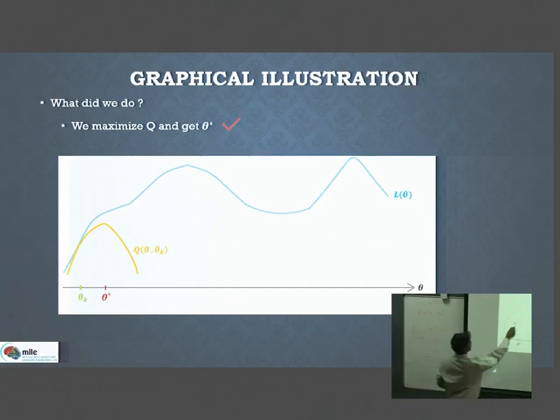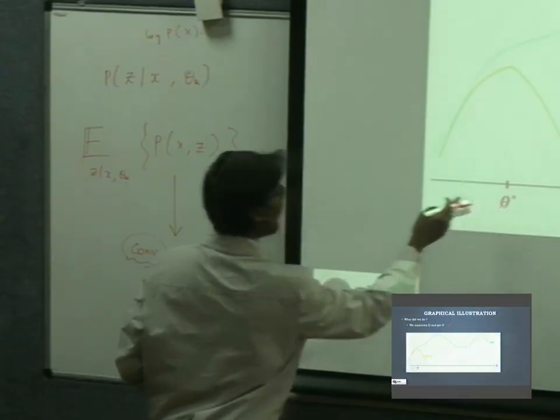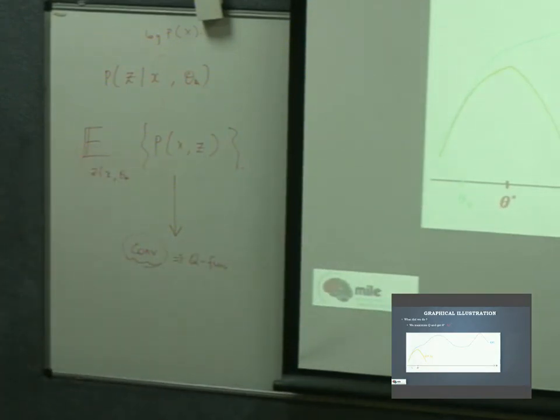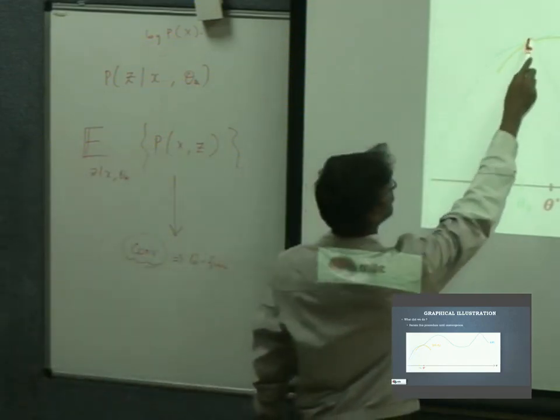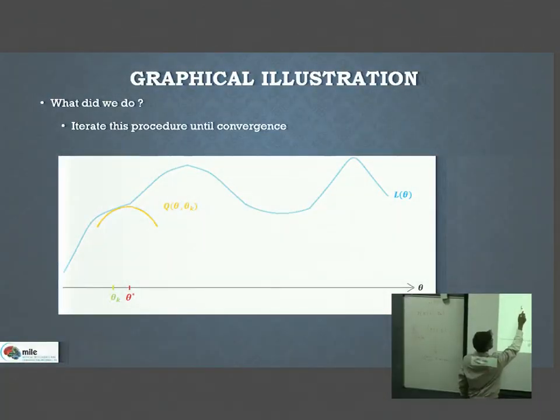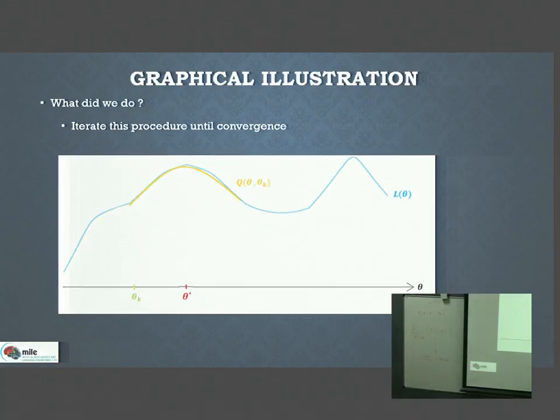The maximum is somewhere here. That will be the optimal parameter for that step. Then we assume this as theta k and approximate the likelihood function again, and we get something like this. The likelihood function and the Q function will have the same value because it is approximated at this theta k. This function has to be optimized. The maxima is somewhere here. That will be theta star. This procedure has to be repeated again and again, so now at theta k again, it goes somewhere to the maxima.